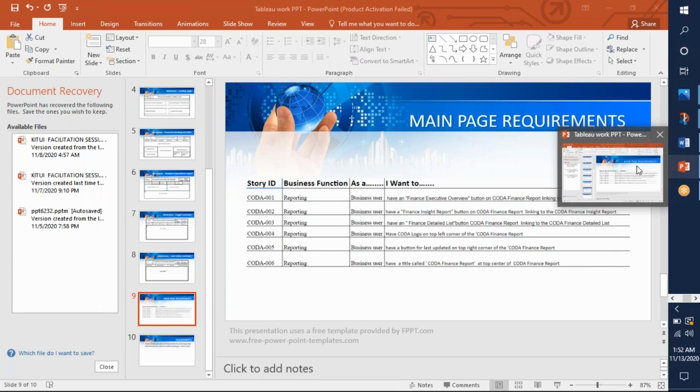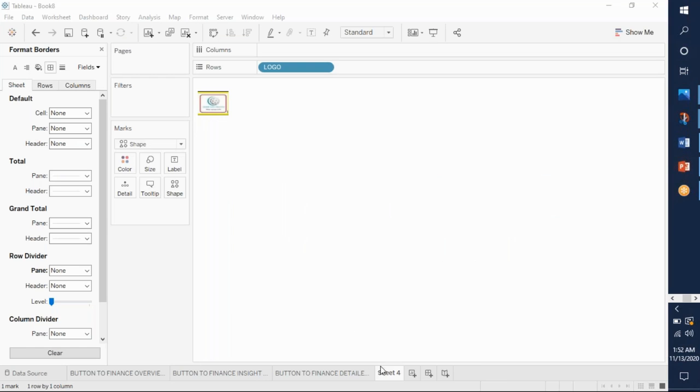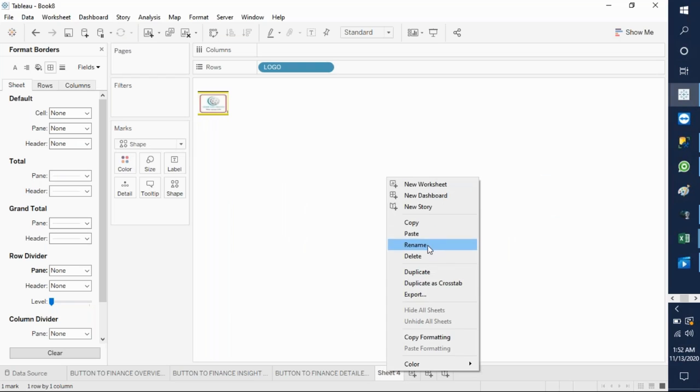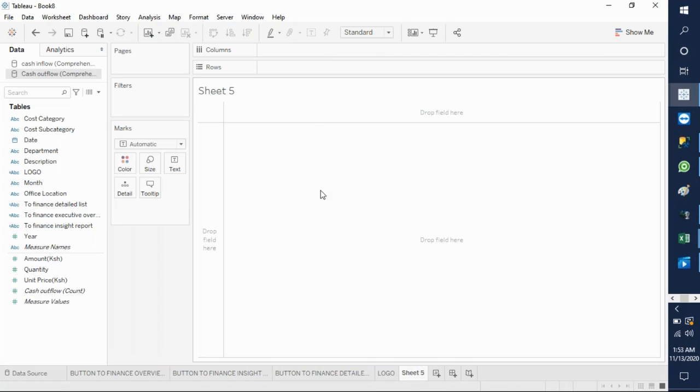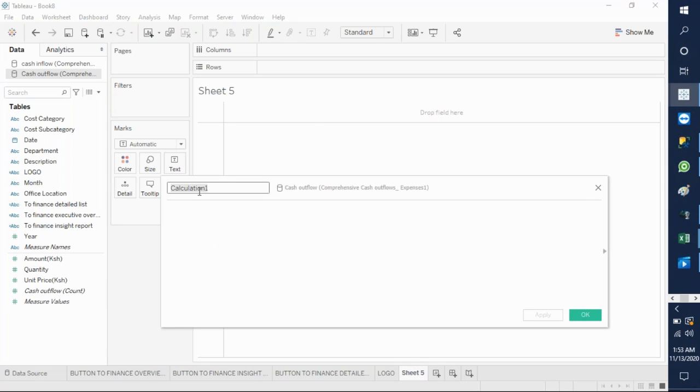Then the other requirement, requirement 5, is to have a button for last updated on the top right corner of the Coda Finance report. So that's most probably the date which was last updated. So I'll add another sheet. This one will be my logo, I just name it like that. And then add another sheet for my date. So I'll just add another category field here. Then I just name it last updated,